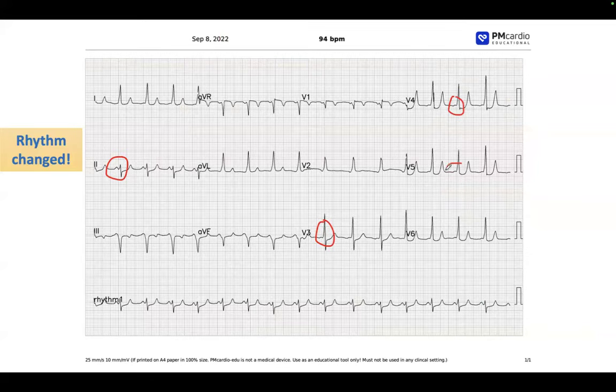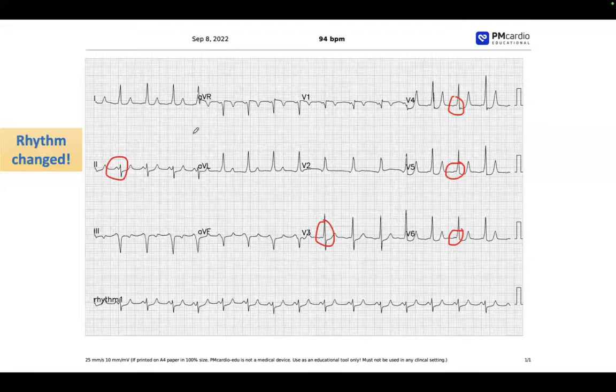Okay, obvious, guys? Yes or no, guys? Yes, yes. Yeah. Okay. It's not the easiest ECG, but